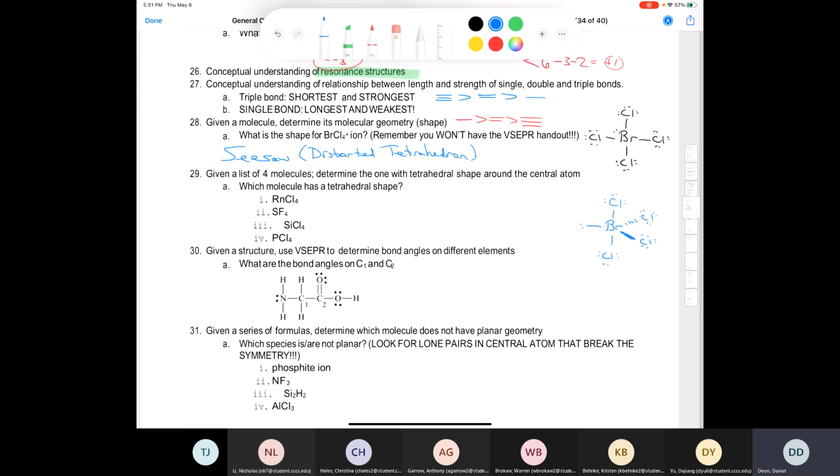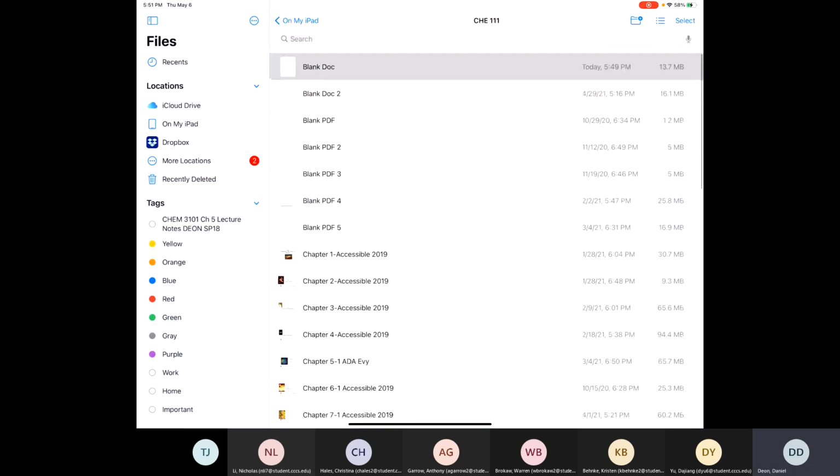Given a list of 4 molecules in question 29, determine the one with the tetrahedral shape around the central atom. We're going to need more space to draw all of these molecules. So let me go back here. Let's practice our Lewis structures. So we've got radon tetrachloride. So we'll start with